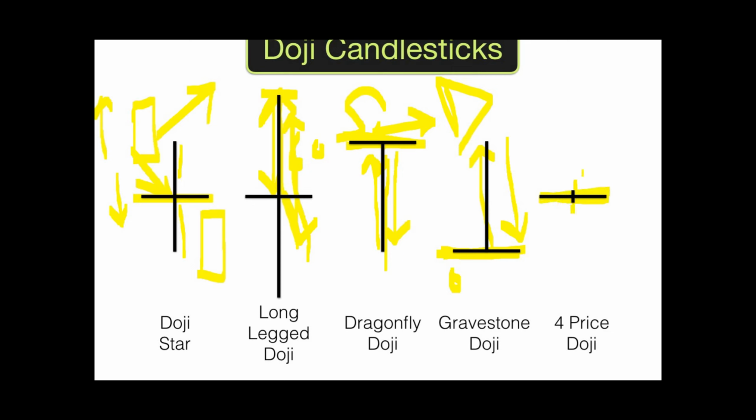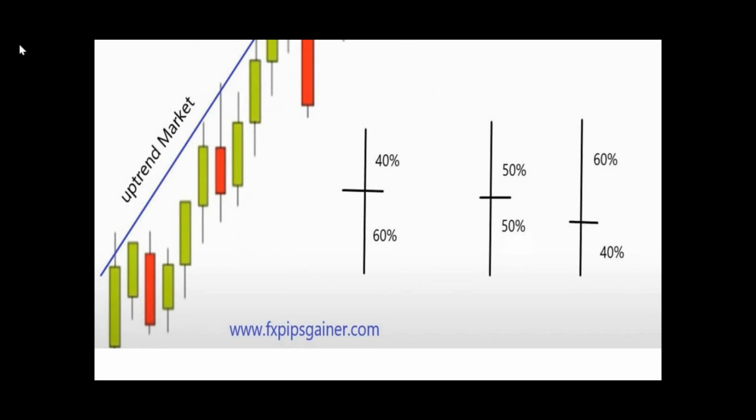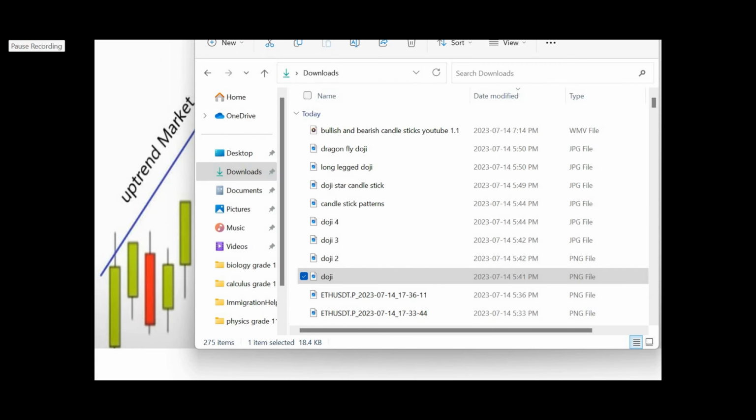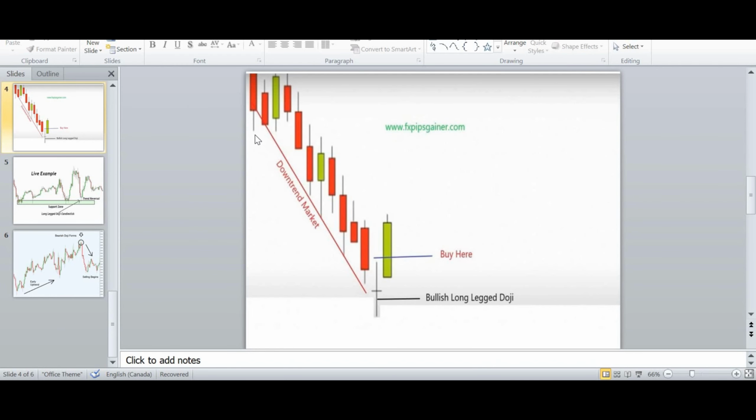But it does not really show big long candles, so that's why it's called a four price doji. Now let me adjust my screen first. So yeah guys, as you can see, we have a great downtrend here, a down market, and here's where a bullish